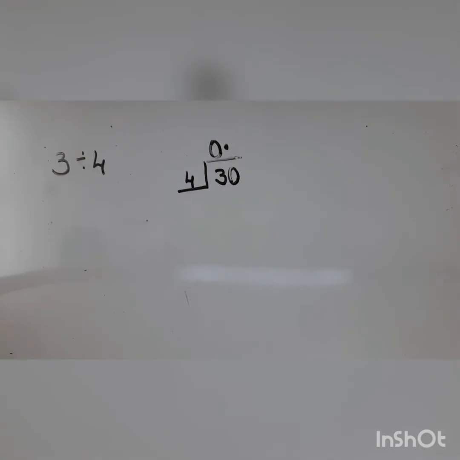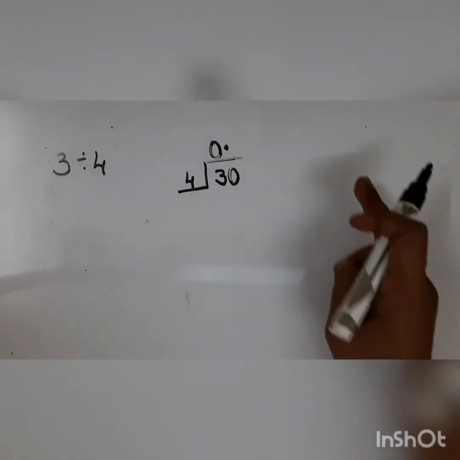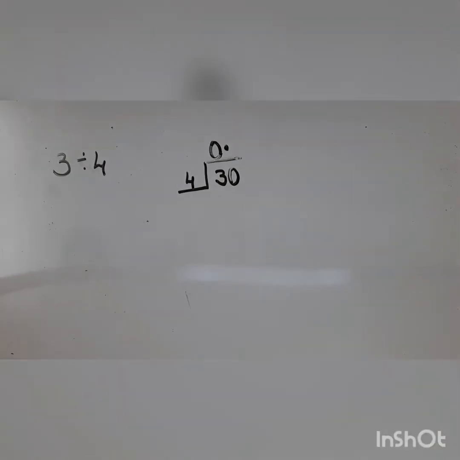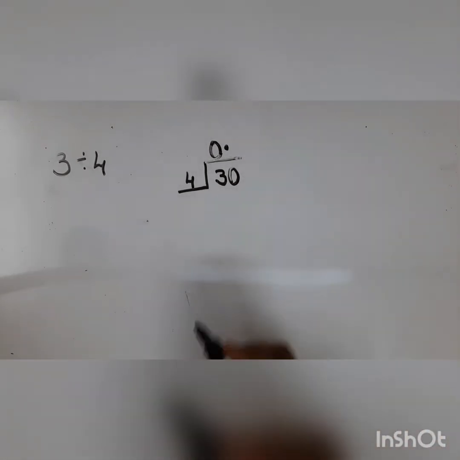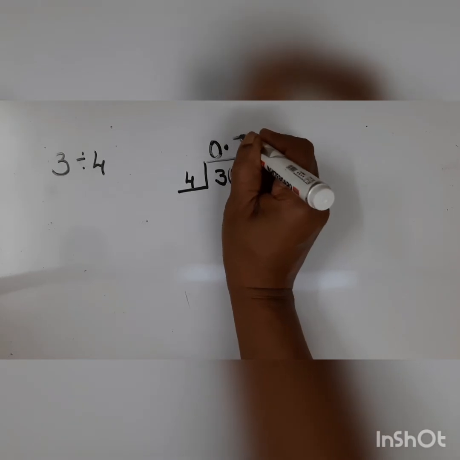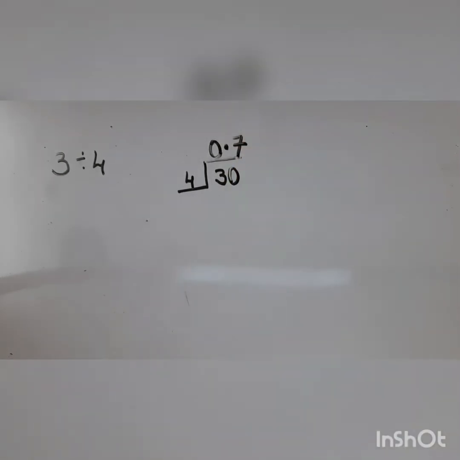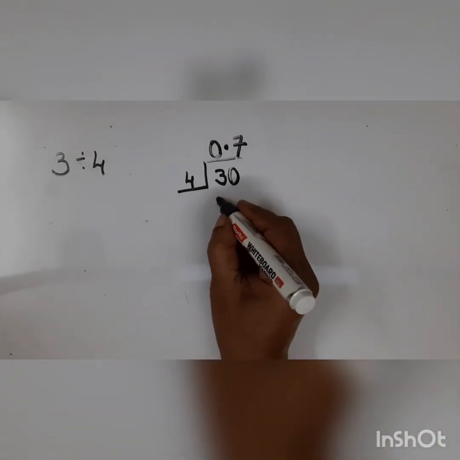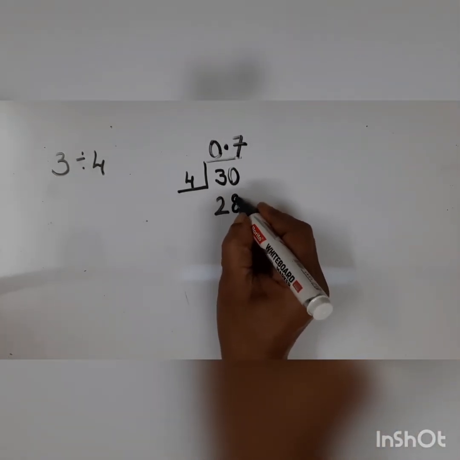So now, children, 30 divided by 4. Say your 4 times table. You could write here, children, the 4 times table. If it is a larger number, you always write there as we wrote in the first term. 4 6s are 24, 4 7s are 28, 4 8s are 32. So I'll take 7, because 8 is bigger and 6 is too small. So 4 7s are 28. The closest I can get to 30 is 28.